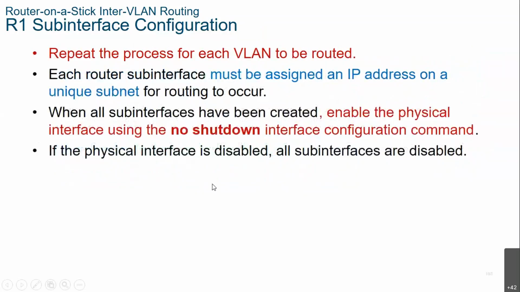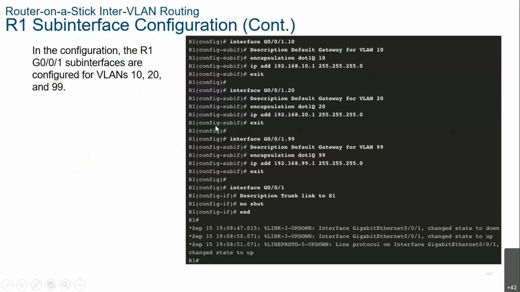Okay. So let me show you how it's done. This is the physical interface. In the router, the physical interface is G0/0/1. Okay. So interface G0/0/1.10. Description, default gateway for VLAN 10. And then encapsulation dot1q 10, because 10 is the VLAN ID, right? So this is the VLAN ID. And then the IP address and the subnet mask. Now remember, this IP address and subnet mask must belong to the subnet of VLAN 10. Okay, so there, and then interface